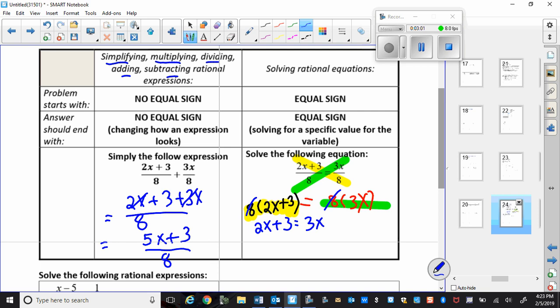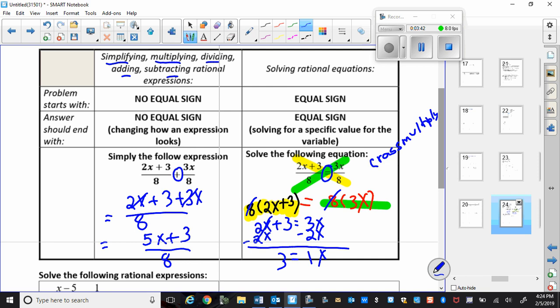I'm going to move the x terms. I want them all on one side. That leaves me with 3 equals 1x. Now, there's multiple ways to approach that particular problem, but we arrive at two different answers. When we're working with an equal sign, we're expected to cross multiply. Okay? Now, if we were adding, subtracting, multiplying, or dividing, we're combining two expressions. So you be quite careful and realize that